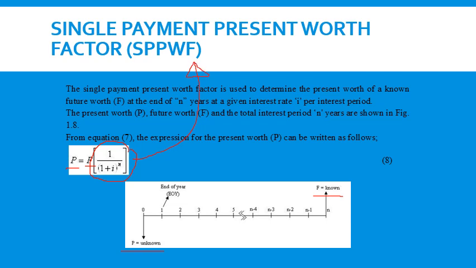In the earlier case, the bracketed factor, that is (1 plus i) to the power of n, was termed as single payment compound amount factor. In this case, the bracketed amount of 1 divided by (1 plus i) to the power of n is termed as single payment present worth factor. So if in any case P is to be calculated with a known F, I use this relationship. If you remember one relationship, you can get the other relationship very easily.